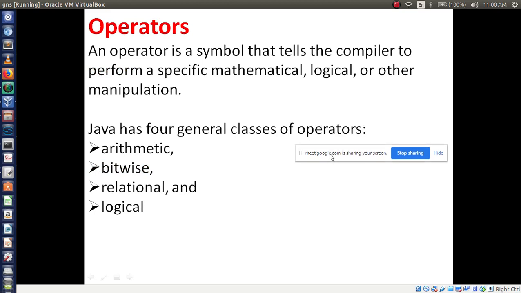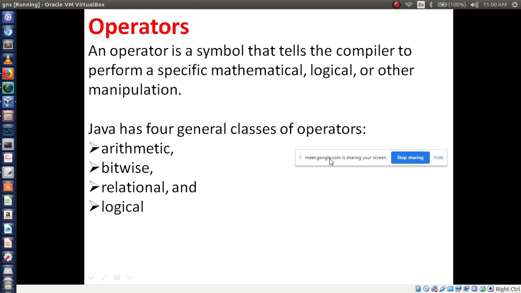Now we will see operators. The next concept, operators. These all are basic information like data types and operators. To learn any language, you compulsorily need to know the data types and the operators.